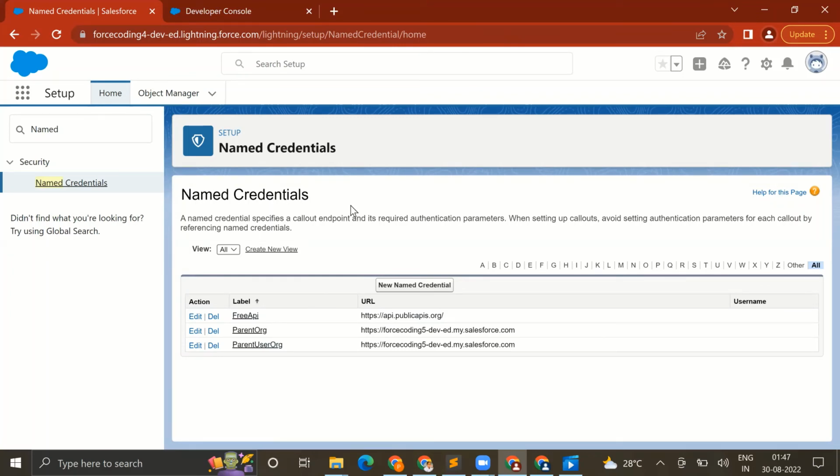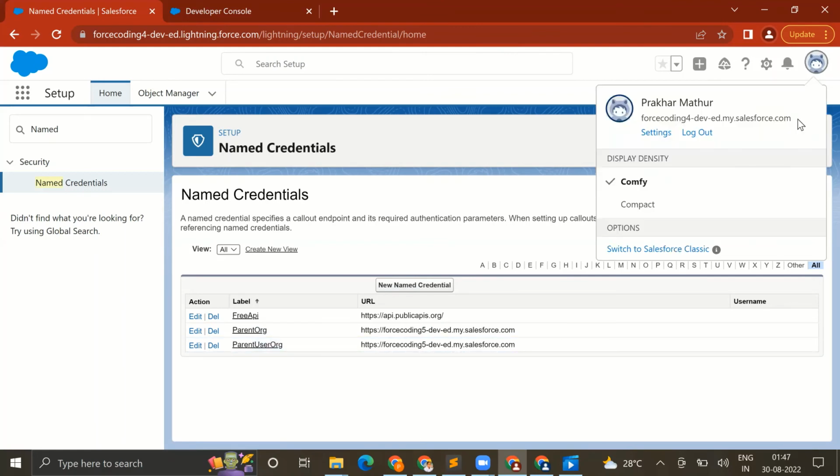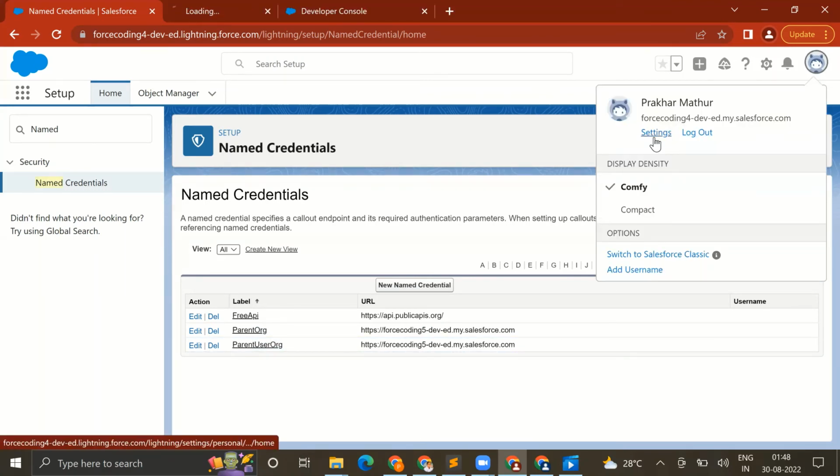And you don't want everyone to access these kind of critical information, right? So that's the reason we have this per user type so that individually a particular user can authenticate themselves, right? So as I said, once you set this type of name credential, you can definitely go to the settings,